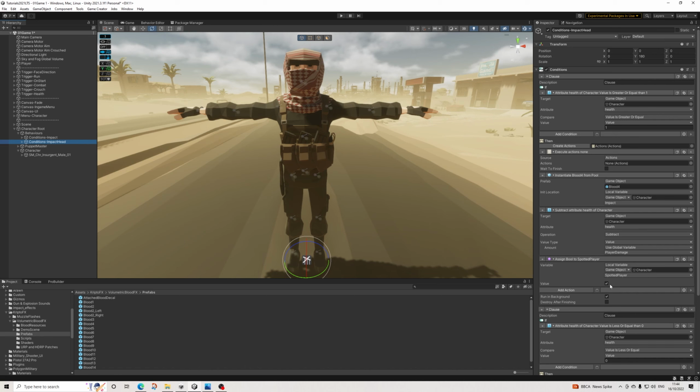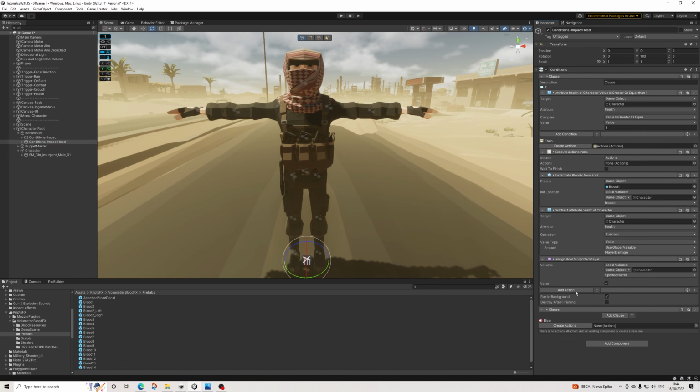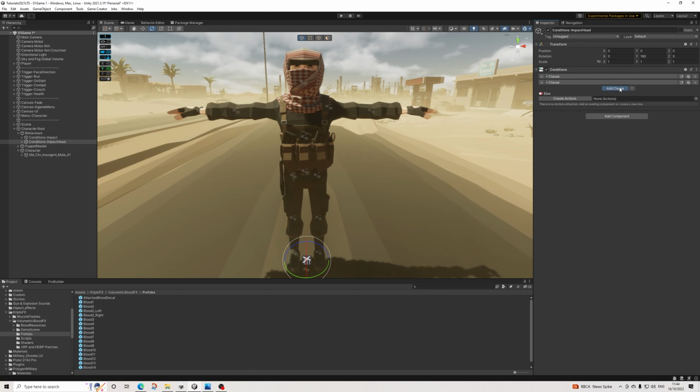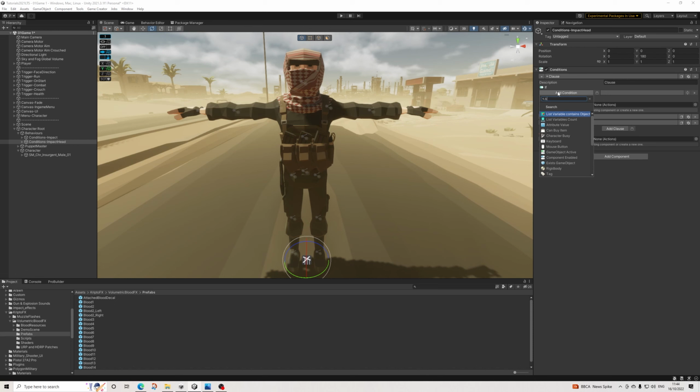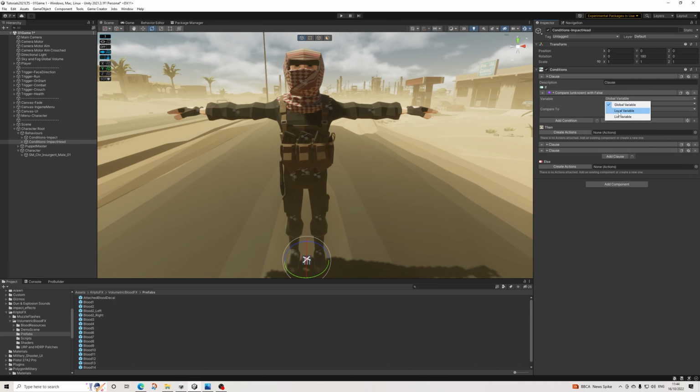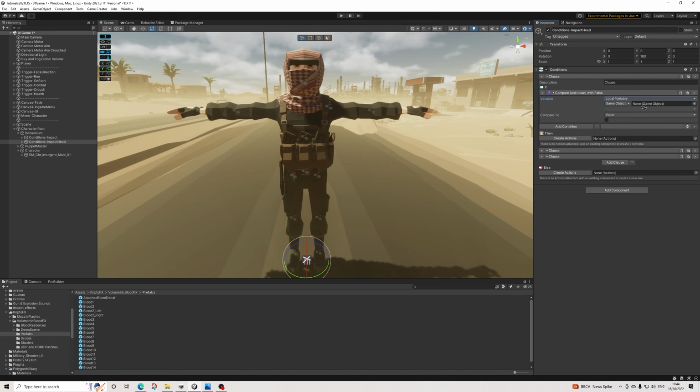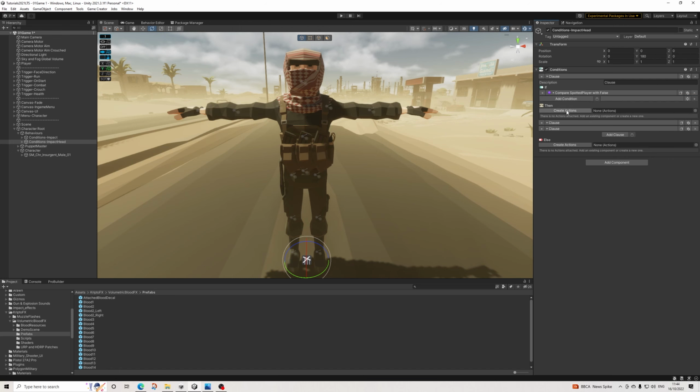So let's add a clause to the top. Bool, local variable, character, and that's why you can't work with global ones, by the way, because as you can see, it needs to be for every separate character. There can't be a global spotted in this case. So spotted player is false, so he hasn't seen, and